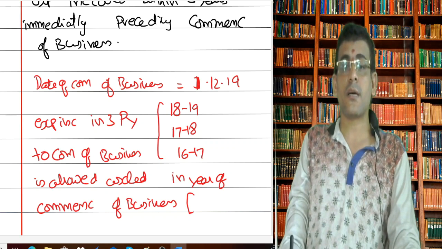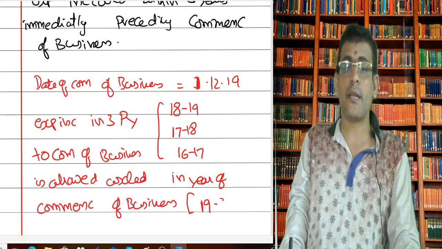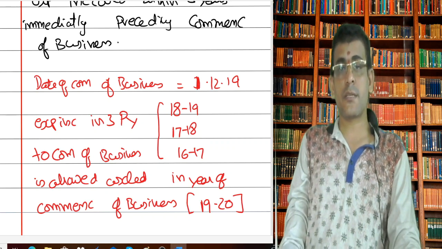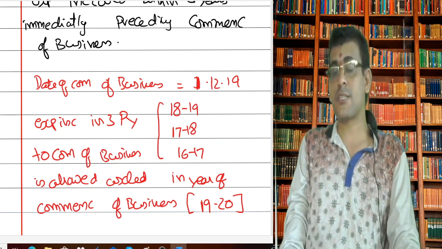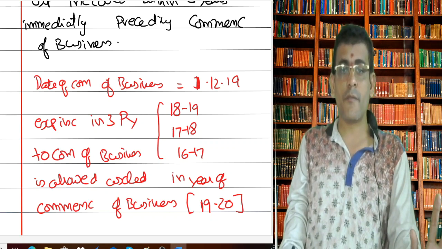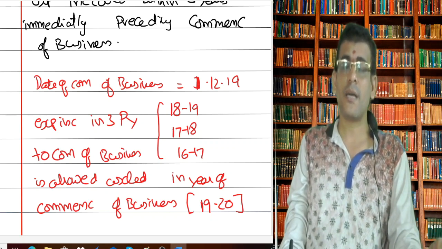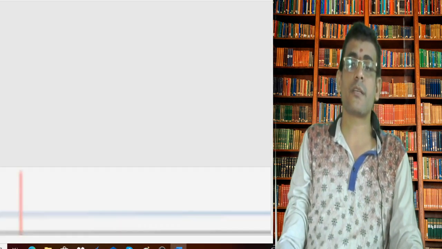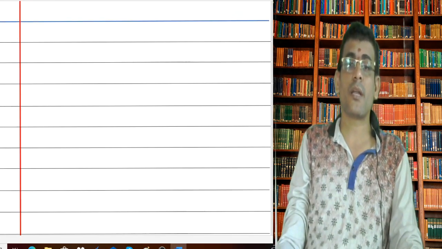So in the present example, the commencement of business is nothing but 1920. So in 1920, whatever expenses incurred from 1st April till December, along with that you can also take the total of this. So this provision is applicable for what? Capital as well as revenue expenses. That is what the 2 sections cover together.